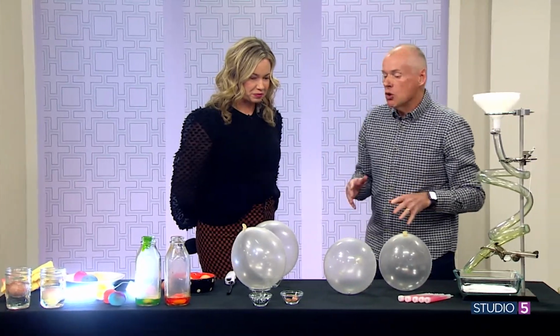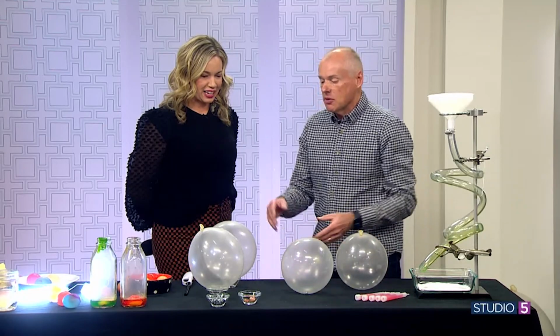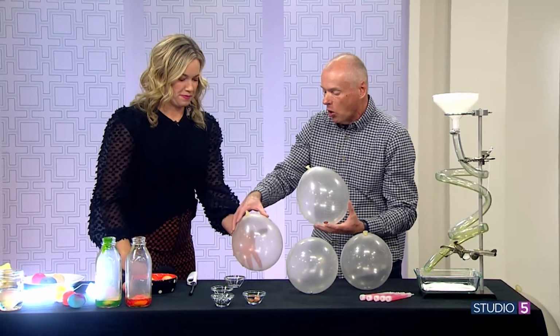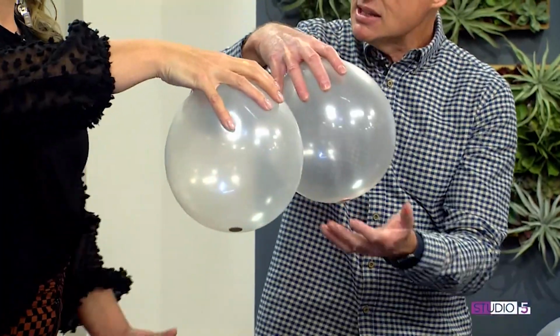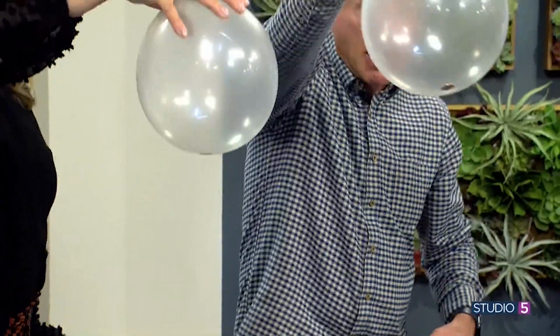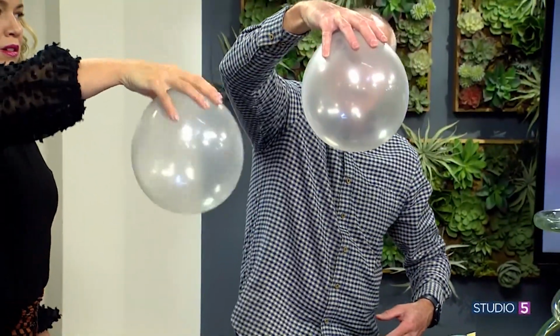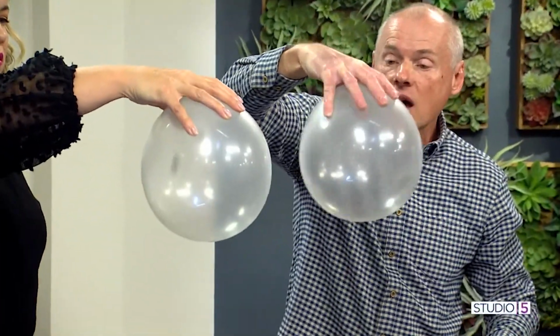So now we want to move on and do some physics. This is a fun activity. Take this balloon and hold it from the top, just like this. There's a penny inside. You see the penny? We're going to try to move it in a circle. See how that penny just rolls around? Now this is a physics process called